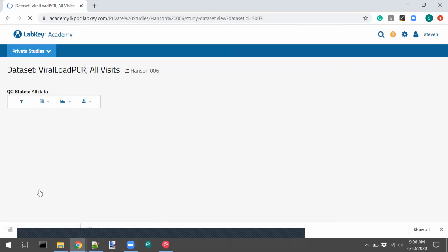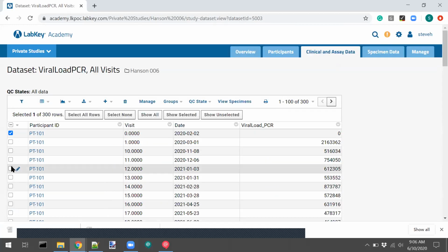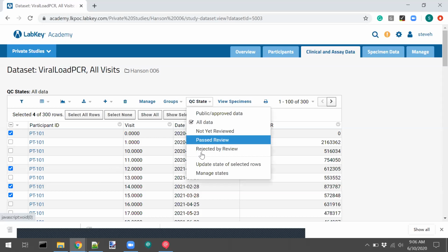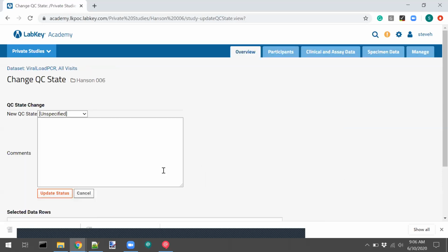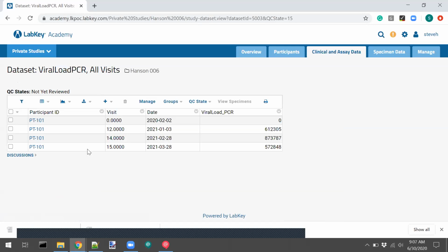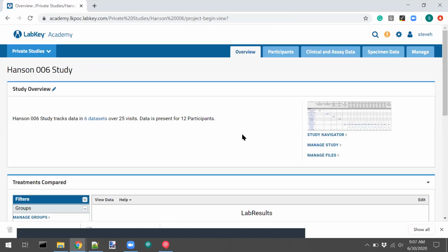Or also this viral load data set. Suppose there's some problem or some questions about these, or there's something not quite right about them. I could say, these are still in review. They're just not yet reviewed or something. They're still under review. Don't include them in your analyses yet. And now LabKey is actually aware of this, and it'll give you a way to kind of go back and find those